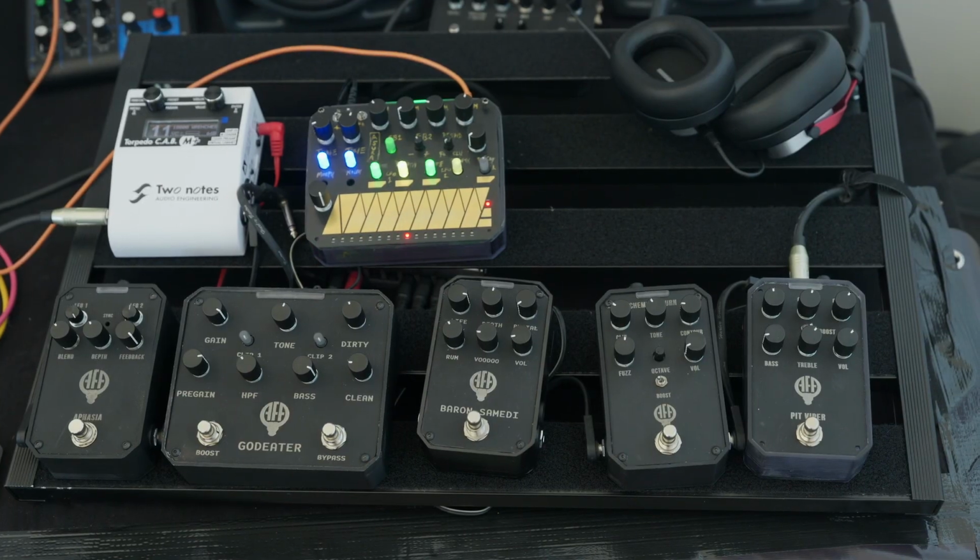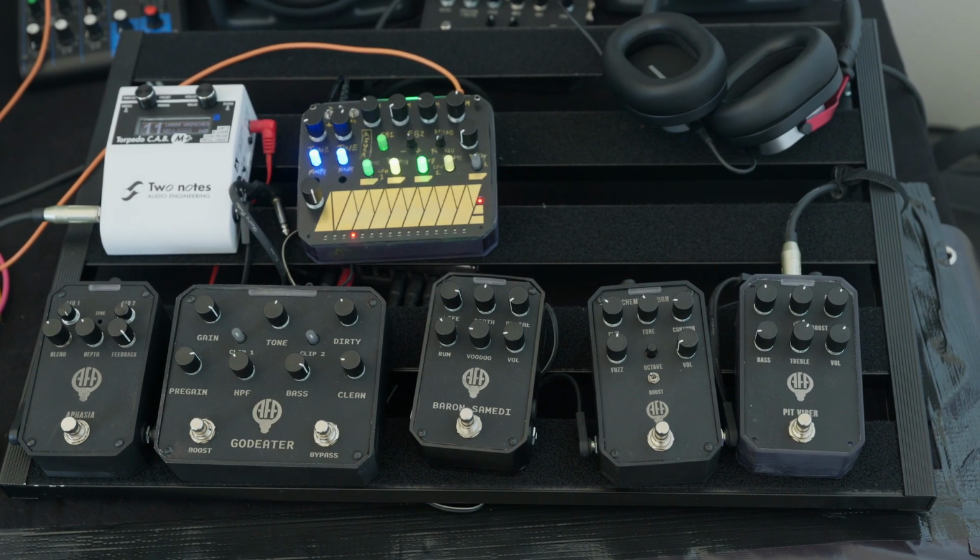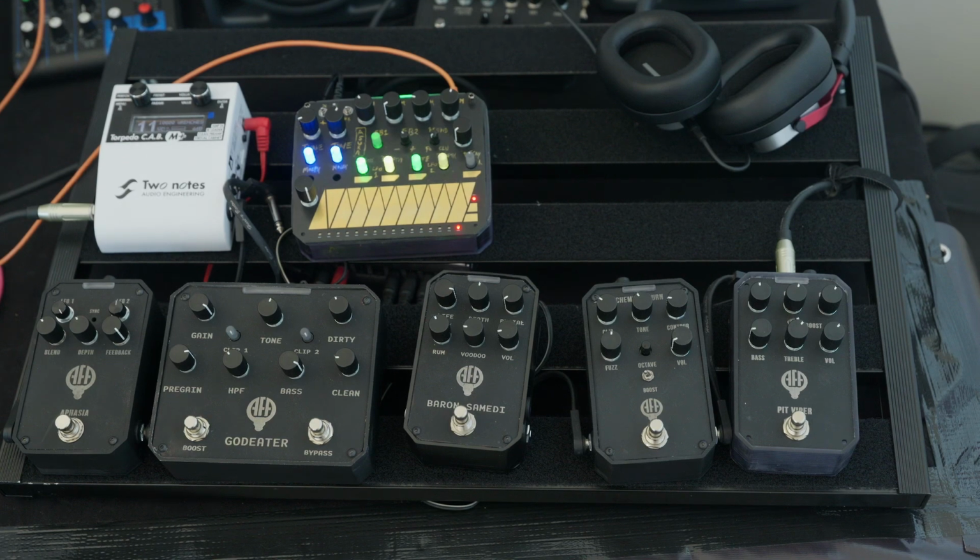I don't want to be one of those companies that just keeps updating things, and we definitely don't want to be one of those companies who just clones things. I'm not going to say who, but we all know who it is. So we said, okay, let's spend some time working on our circuits. So our classic range of pedals now has a new form factor that looks like this